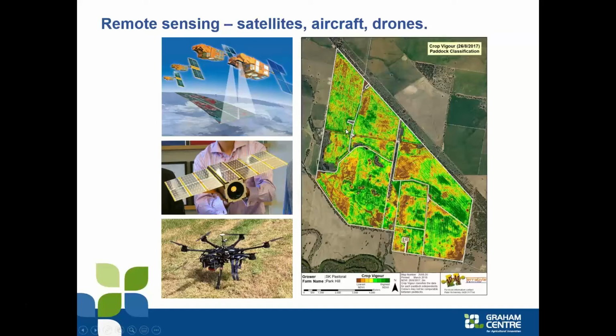Using these technologies, we can quite easily generate a crop vigor map that shows us where, at this particular point in time, the high growth areas and the low growth areas are. Whereas back in the 90s, it might have taken 3 to 4 weeks to get access to a satellite image after the satellite had passed over, it's now possible to get the satellite data within about 2 hours of some of the satellite systems as they pass over. So there's no time lag there at all, really, in being able to access the data.